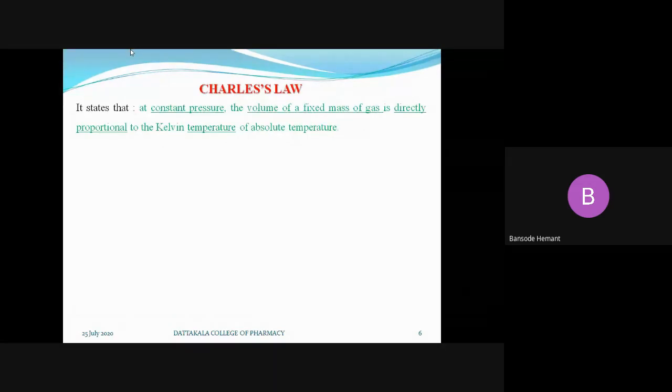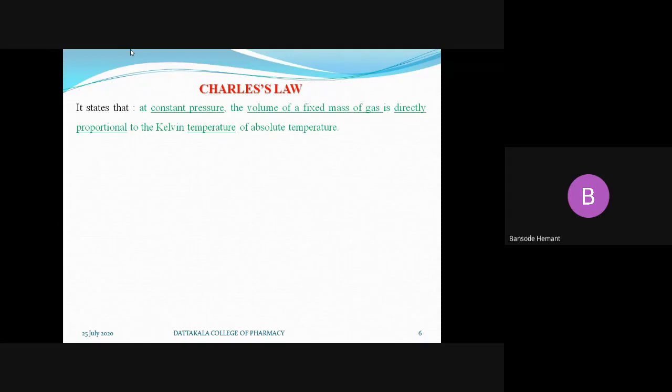What he observed, when the pressure was constant, whatever the change that takes place in the volume of the gas, which is influenced by the temperature, and how this change in volume is affected by the temperature, is proportional to the temperature. So he stated that at a constant pressure, the volume of a fixed mass of gas is directly proportional to the temperature of the system